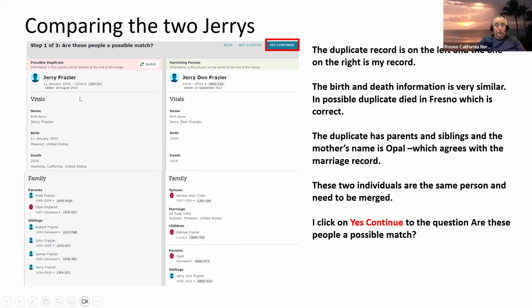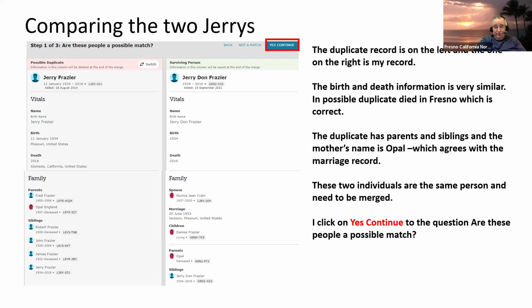Here's a record for Jerry Frazier where somebody's probably doing descendancy work, and they have him with his parents and siblings, but no spouse. And so this is the most wonderful merge you want to do, because when you're finished, you're going to have a complete record for Jerry Dawn with both his parents and his family, his spousal family.